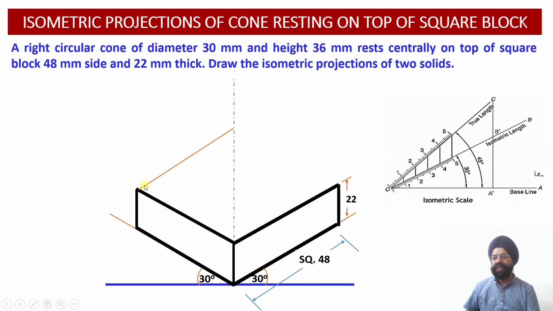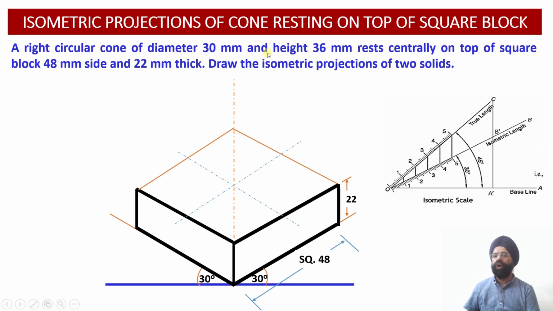So that is why some portion of this particular edge and certain portion of this edge will be covered by the cone which is going to rest centrally on top of the square block. So this completes the construction of the square block. So having worked out the construction of the square block, the next thing is I need to plan the